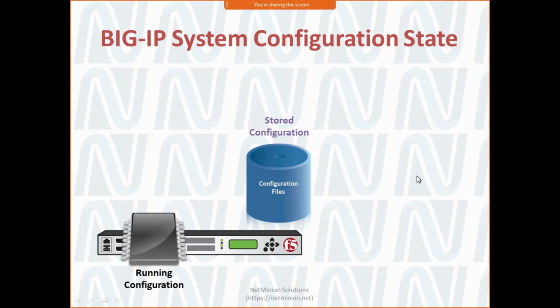So let us talk about something more, okay? When you are going into the BIG-IP system configuration state, whatever you are watching over here is the running configuration. Maybe you can say it is not in your startup configuration, or it is not in your NVRAM. It is only in the RAM. So once your device is rebooted, it will vanish if you are not saving these kind of configuration changes. And how to save the configuration changes?